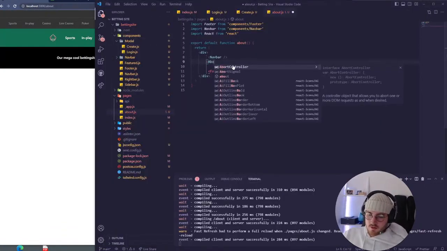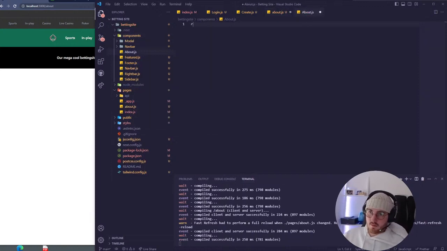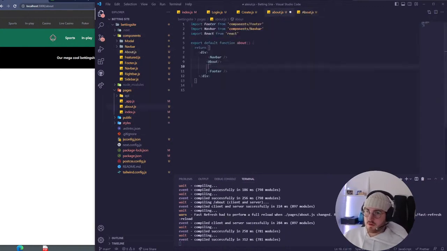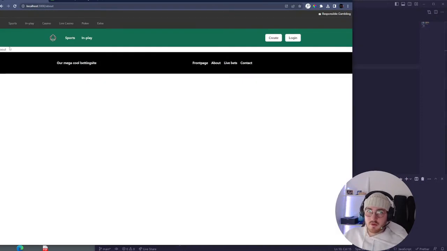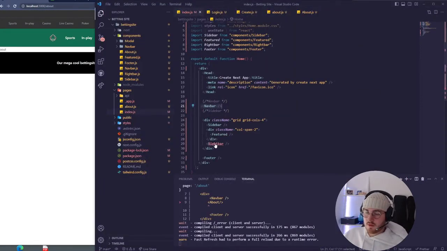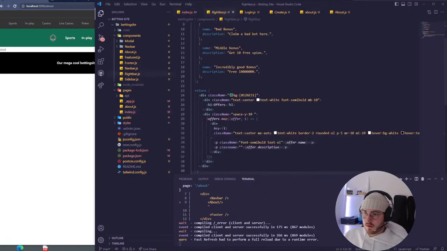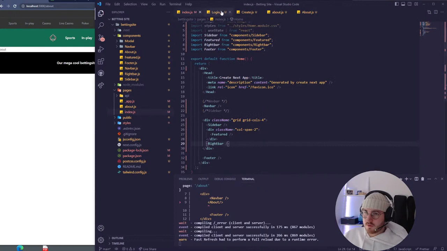We go here, we say about, we create a component called about.js, also RFC in this, save it, save this, just import this first. Perfect. Now we can go back to our navbar, and we want to use the